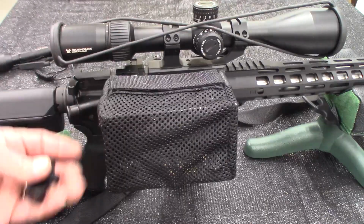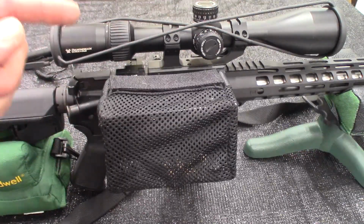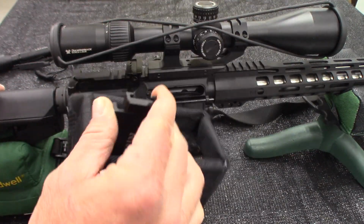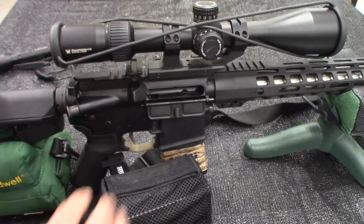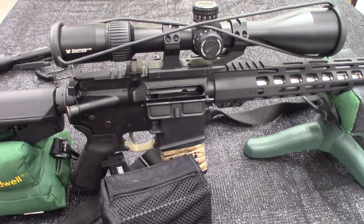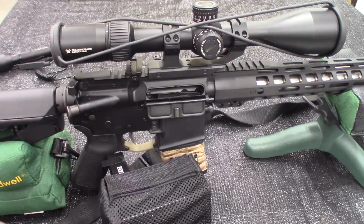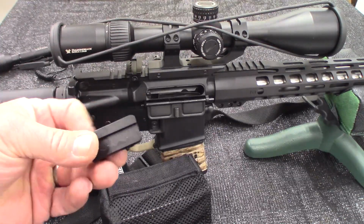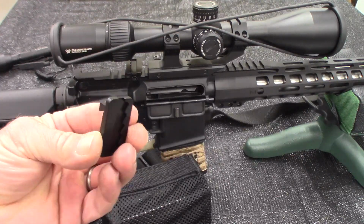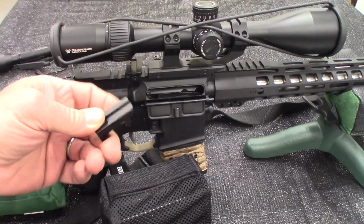Hey guys, in this video I am going to show you a brass catcher, and I am going to show you how to modify a flashlight by using a shotgun shell. To use the brass catcher, you add one of these little gadgets right here to your Picatinny rail,